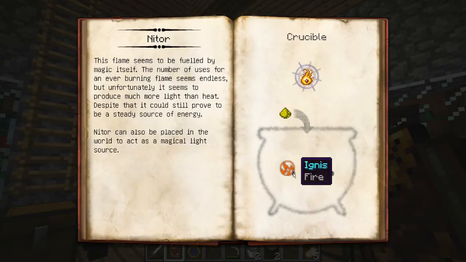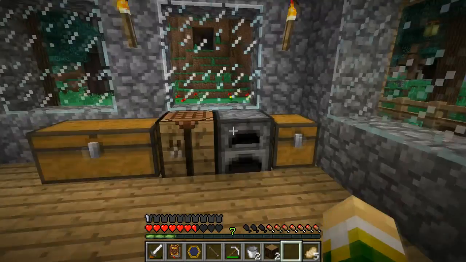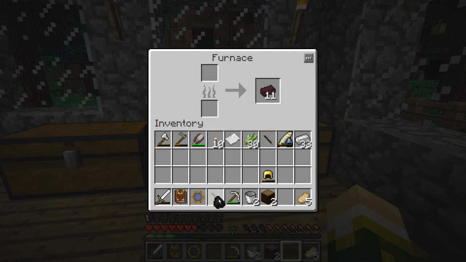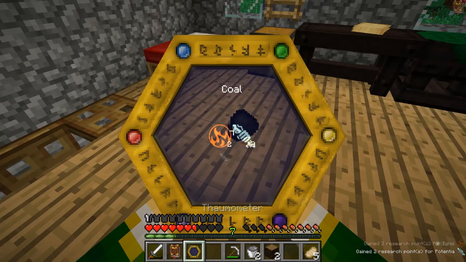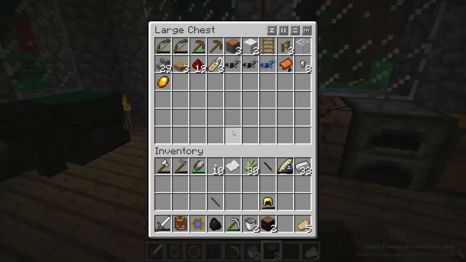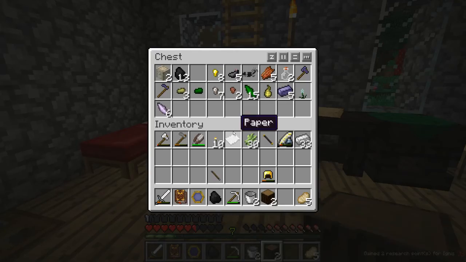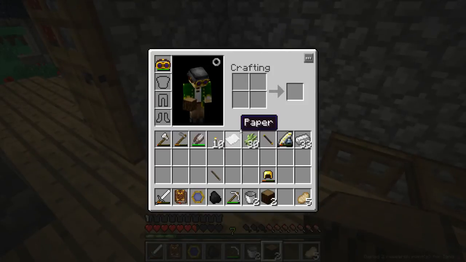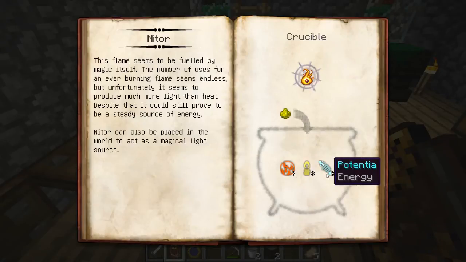I need glowstone dust. I need 3 ignis, 3 lux, and 3 potentia. Alright. Coal, which I haven't even researched yet, has 2 and 2. And, oops. Do I have any? Yep. Torches have 1. So, being that I need 3,